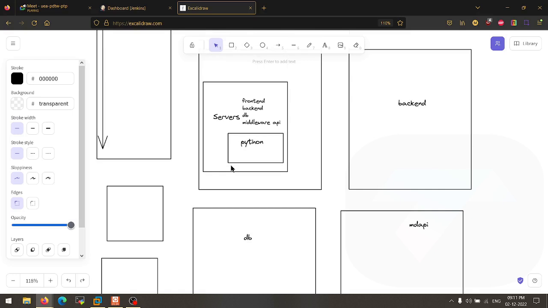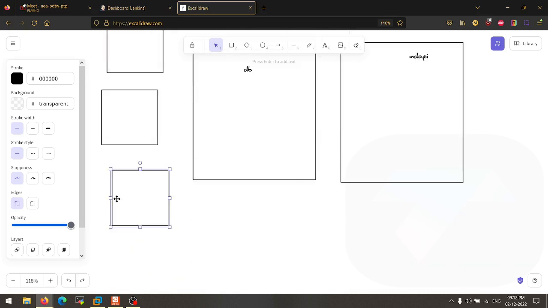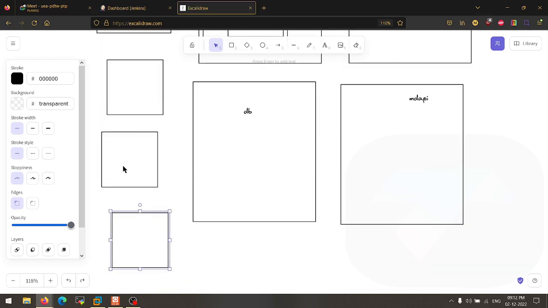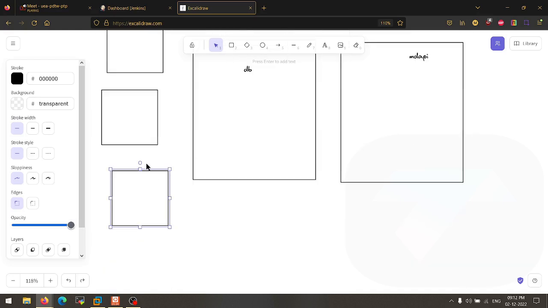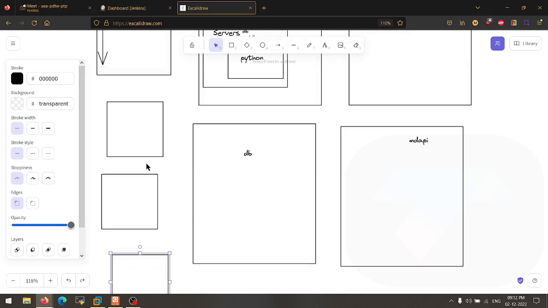So from the developer point of view, the developer will write the code into multiple subcomponents, and those components will communicate with each other. Okay. So this approach is known as the microservice approach, where we have the separation of the application into multiple small components. That's why the word micro is there.